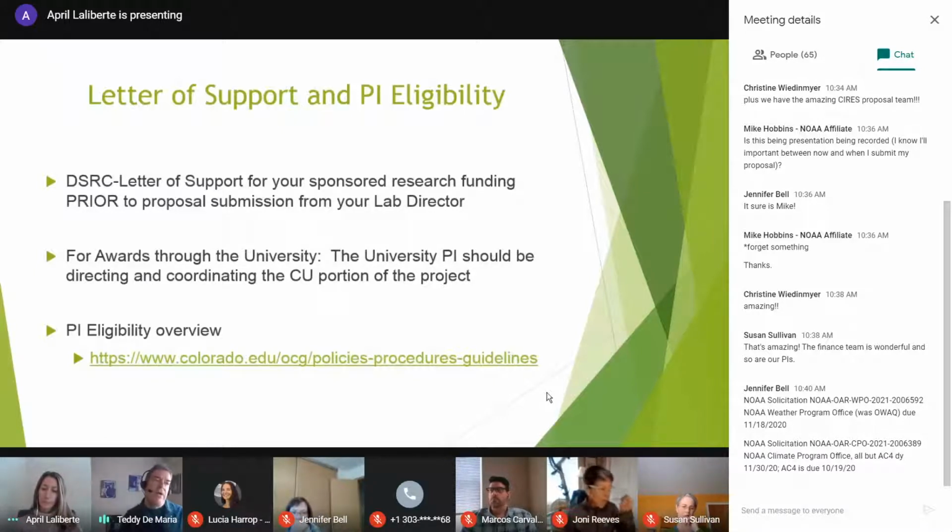So for a PRA, graduate student, or postdoctoral researcher to serve as a CIRES PI or co-PI on a project, or to submit a proposal as PI or co-PI, we need their supervisor's approval and the center's approval if they are in a CIRES center. This requirement exists so that we can guarantee that a research group in a center is willing to provide support, facilities, and space for that new PI, and that the supervisor of that new PI feels like the scientist is capable of fulfilling the duties and administrative responsibilities of a PI on a sponsored award.